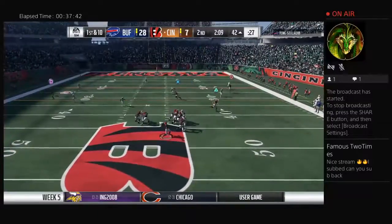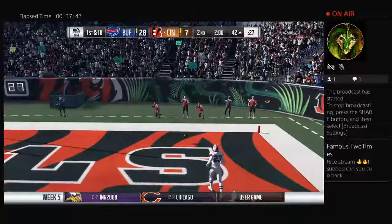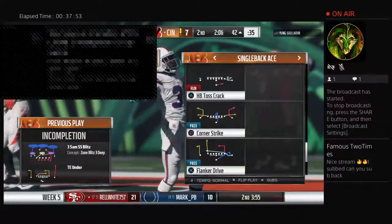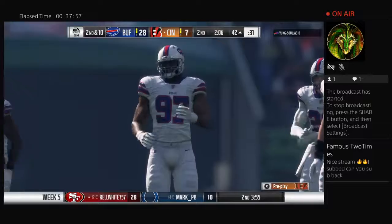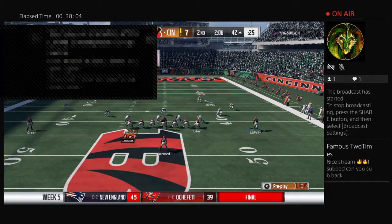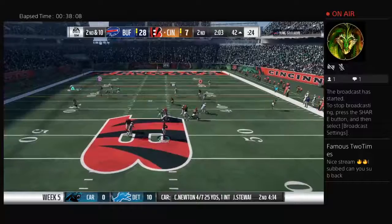Dalton, 1st and 10. He's going to let this thing go deep for LaFell. And that one falls incomplete. Looked like he might have had position there, but he couldn't hold on at 2nd down. It's been this way most of the afternoon, hasn't it? This secondary, it really put this receiving corps on lockdown. Listen, they've worked together like a basketball team that's playing excellent defense. Great communication, doesn't matter whether it's man or zone, and especially against...